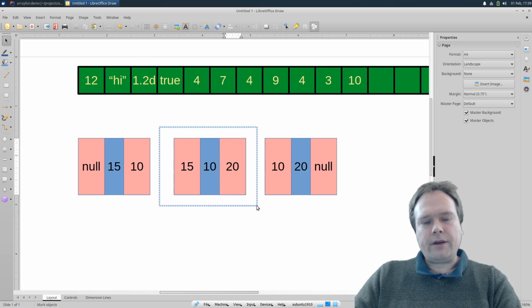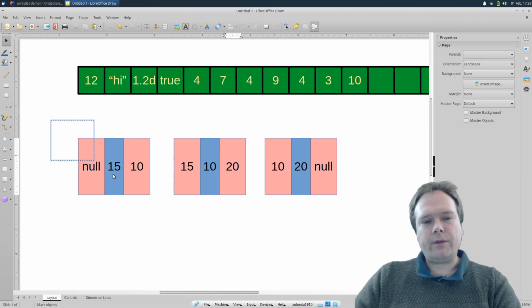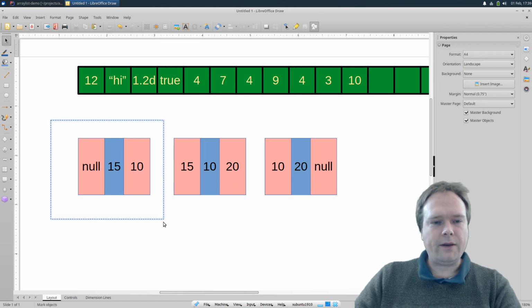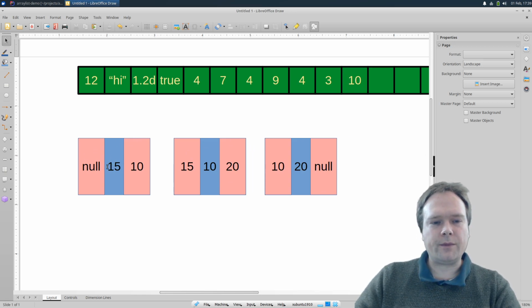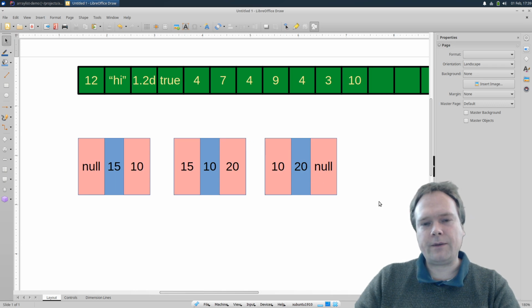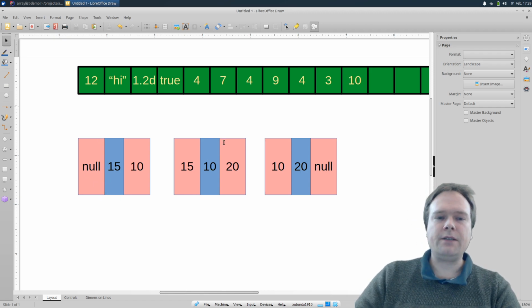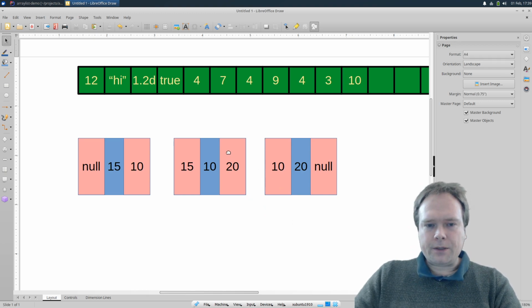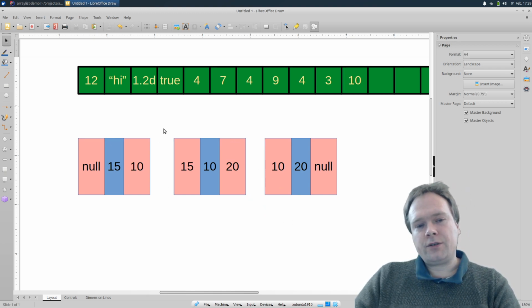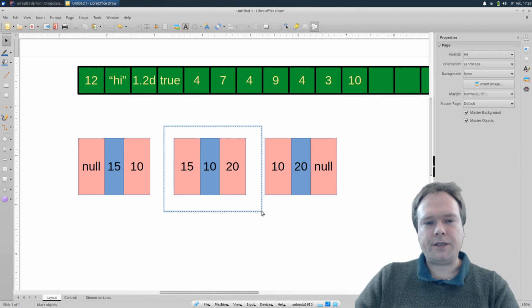This makes it very difficult if we want to fetch a value, because then we need to jump through each of these elements one by one. If we want to find the number 20, then we jump, and then we find the number 20 there. We cannot just say, give me the third element. If you say that, we still need to jump through all of the elements one by one. So it's very slow for retrieval,